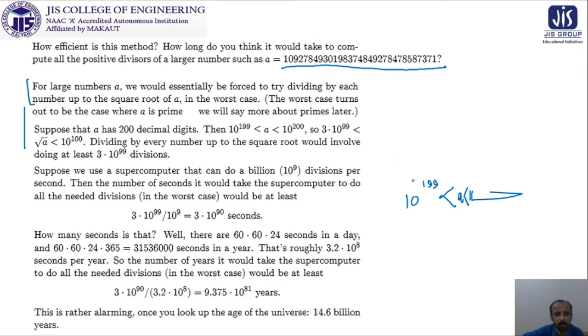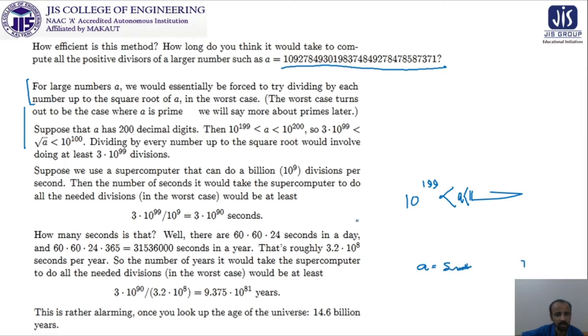It works in the form that as we are taking A which has 200 decimal digits, it must be within this range. You can take a smaller A first and then check it also. If you take a smaller value of A, then also you can check.